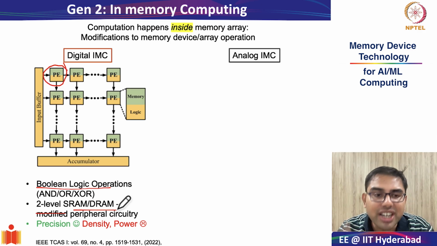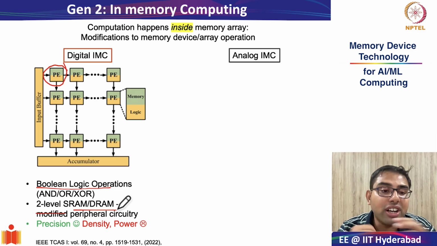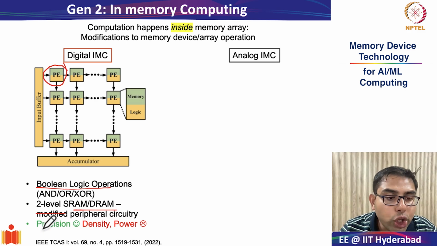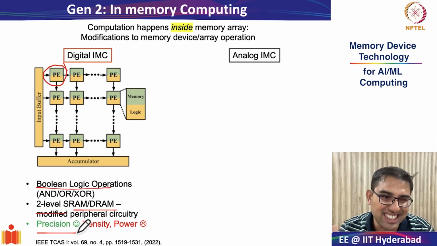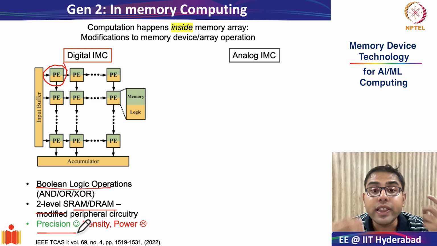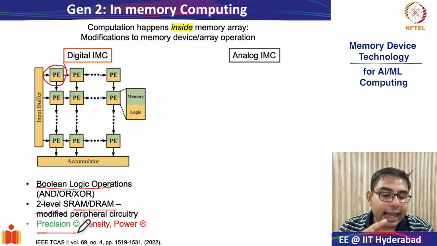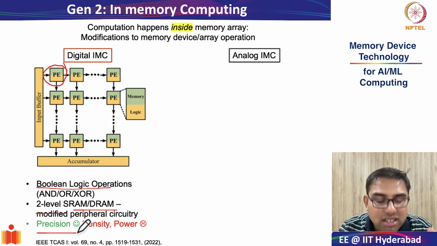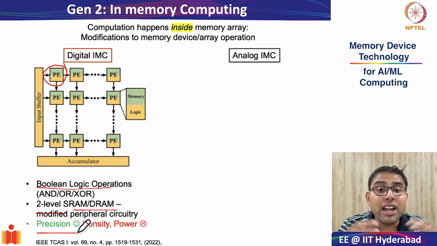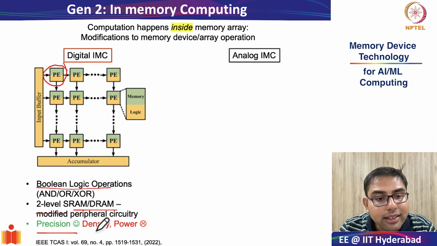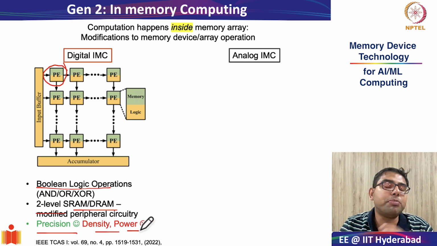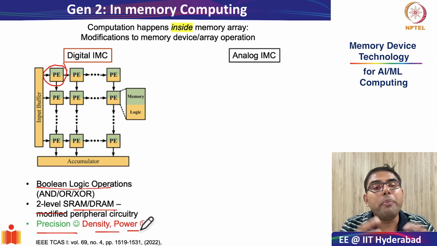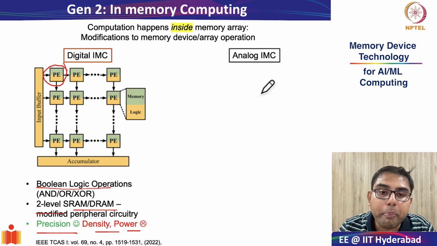The key advantage of digital in-memory computing is that you retain all the great things associated with digital computation: very high precision, very high compatibility with current GPU systems, and very high noise resilience as well. However, the density and power consumption in these systems will be much poorer as compared to